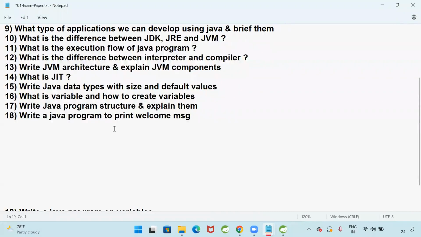How to compile and how to run the program. Below the program, write the command to compile and the command to execute.